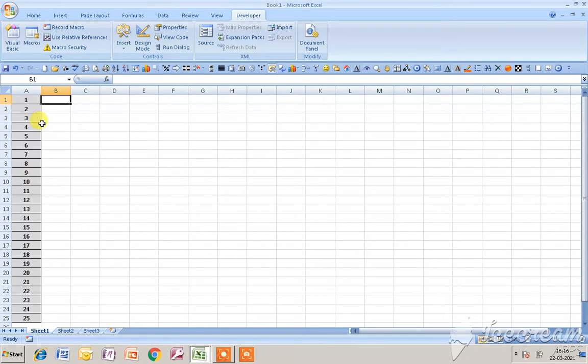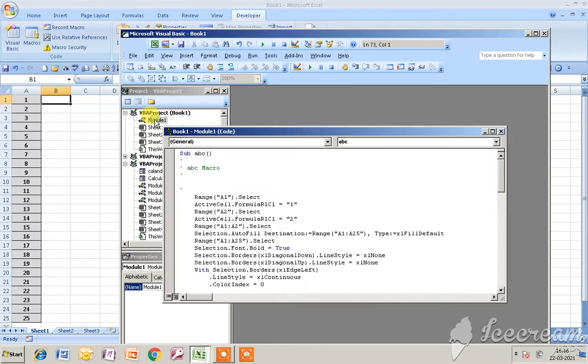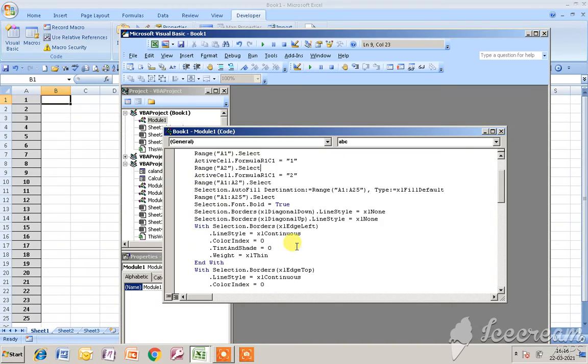To know whether the macro that I have recorded is recorded properly or not, for that you have to go to Visual Basic. In the earlier video, if you remember, I told you that in the VBA project window you will find the number of worksheets, modules, and user forms. Okay students, what you are seeing here is a module. If you double click on it, then you will find a macro. Okay, the recorded macro that I have just recorded.